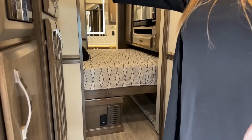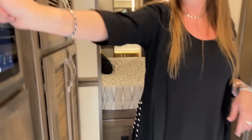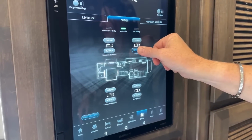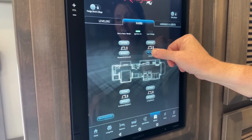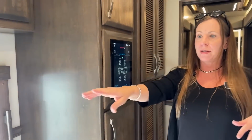Really quiet, really smooth. And if you want to show a picture of this, Jody, just so you can see what I'm looking at. There we go. Yeah, so now we're all in. And I think that one of the nicer features about this is, like I said, right here, if you just show,